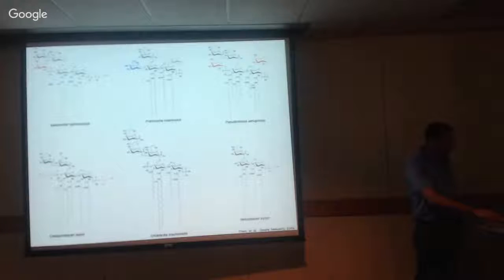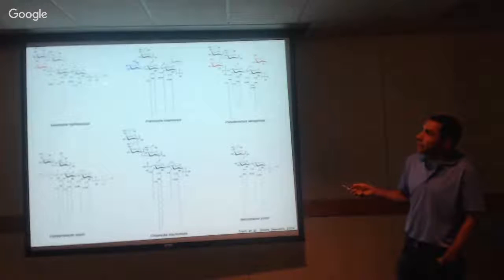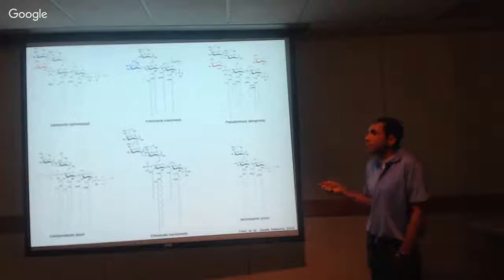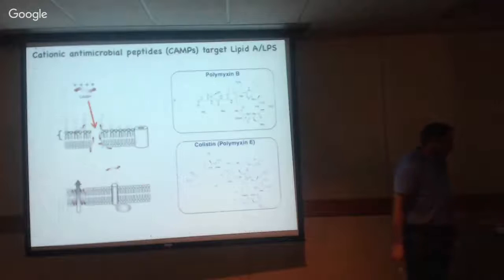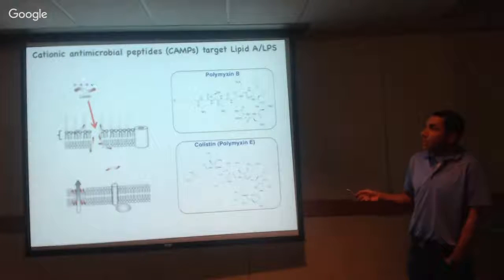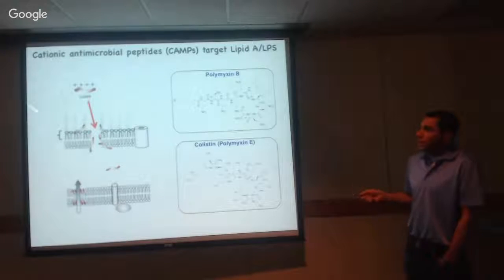In addition to evading the immune system, these different modifications, such as sticking a phosphoethanolamine onto this phosphate group, actually neutralize the negative charge of the molecule. This is important for antimicrobial peptide resistance, which is what I'm going to focus on today. So a lot of antimicrobial peptides that are made in your body are made by other bacteria in nature are